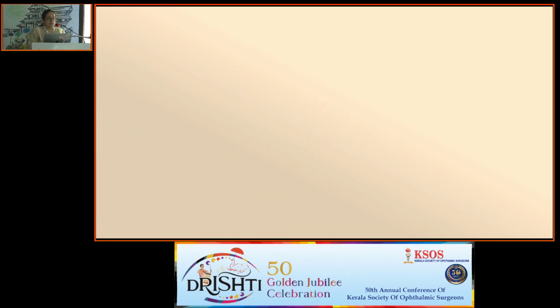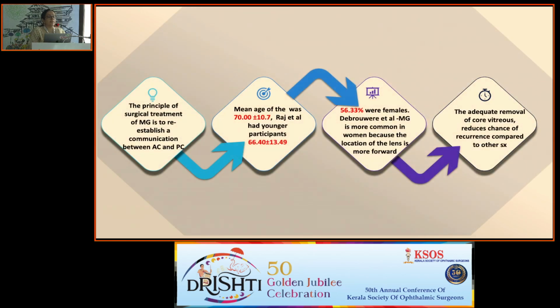Coming to the discussion. The principle of surgical management of malignant glaucoma is to re-establish a communication between the anterior chamber and the posterior chamber. Mean age was 70 plus or minus 10, and a similar study by Raj et al. studied a younger participant group, that is 66.4 plus or minus 4 years. 56.33% were females. Debroni et al. in their study stated that malignant glaucoma is more common in women because the location of the lens is more forward. The principle of this surgery is adequate removal of the core vitreous that can reduce the recurrence rate